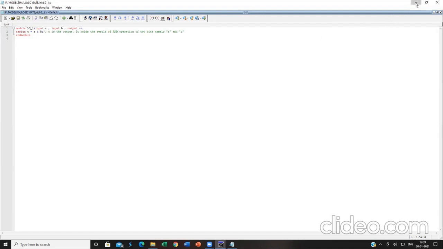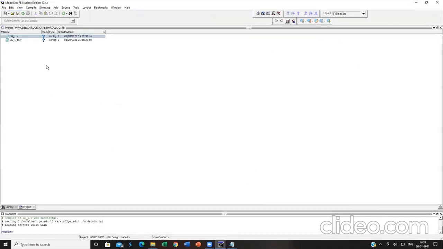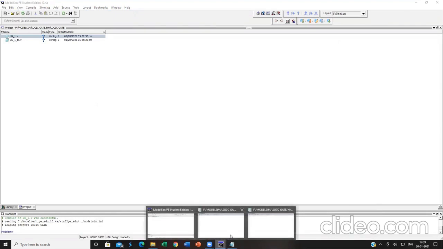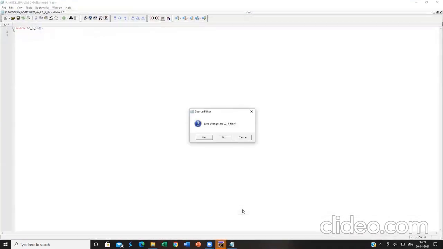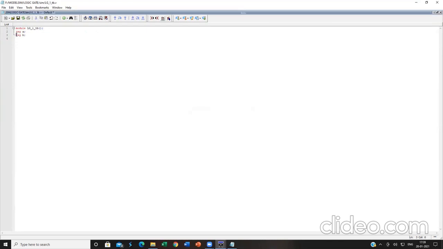So now just to minimize this, go to the TB file over here. reg A semicolon. reg B semicolon. It is not necessary that you give it as a separate statement.